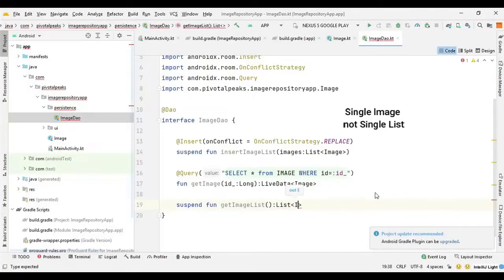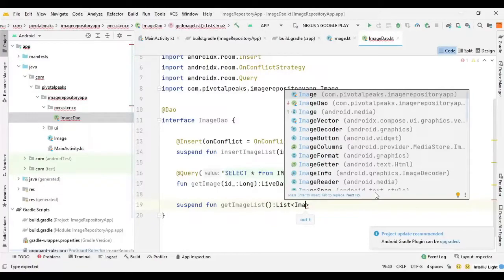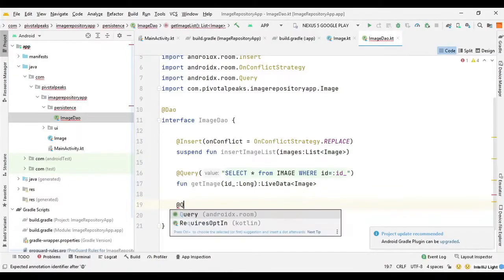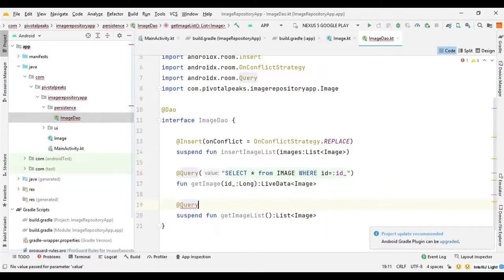And here we should provide our image entity, and again we need to annotate it with @Query because it's a query. So @Query, and here we can say select asterisk from image, and I guess that's it.